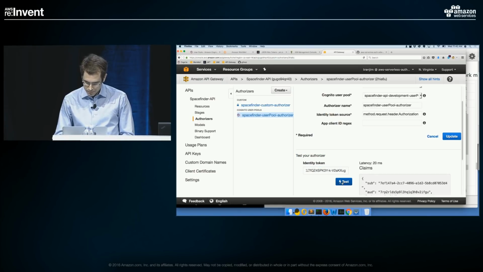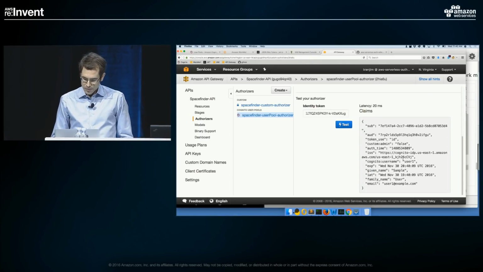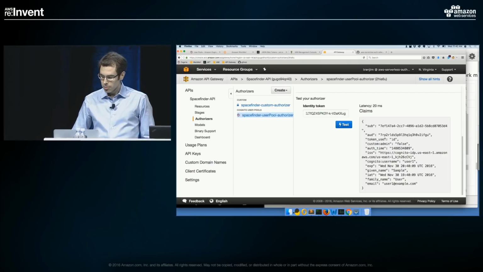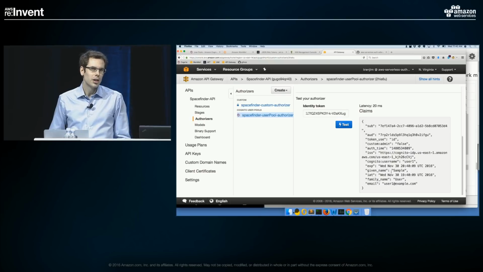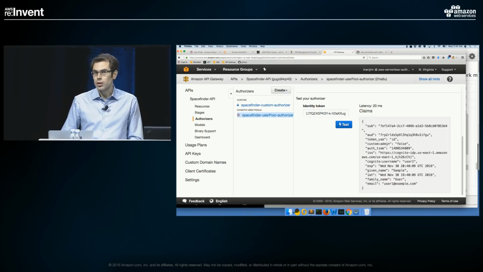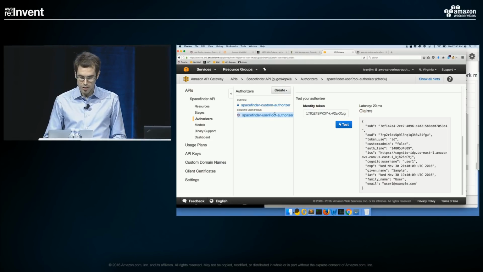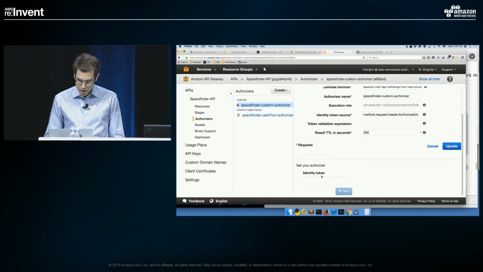If I go in here, here we go. So we can see for our user pools authorizer that we have this user set up, and even though it's just showing us the identity token for good measure, the effective response is that it's a valid user. And you can see that custom admin is set to false. This is not an admin user that I just signed in with. If I go into custom authorizer and run the same identity token,